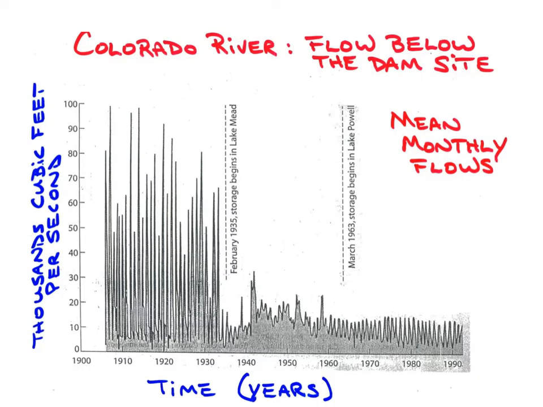One last possible advantage of dams, other than to create power, is that they control flooding. You can see in this graph the variation in flow of the Colorado River before the building of the Hoover Dam and then after. Dams reduce the extremes of water flow year to year.